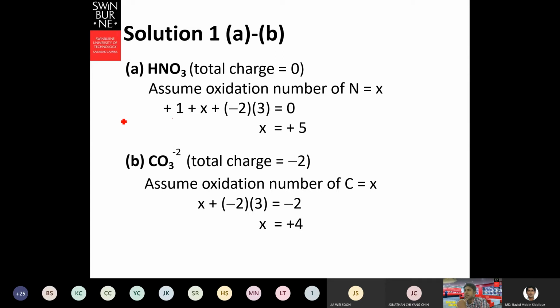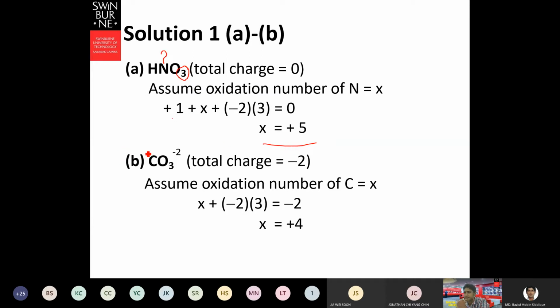Let's say nitric acid, and we want to know the oxidation state of nitrogen. In the same way, we assign it X, hydrogen will be +1, oxygen will be -2, and each is multiplied by the number of atoms present. At the end, we find that X